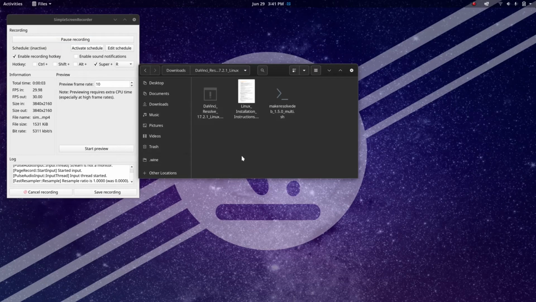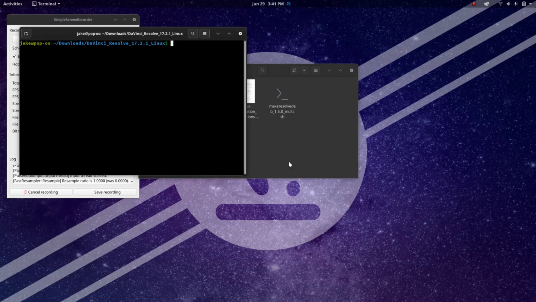Okay, I think I figured out where I messed up. I forgot the ./, I just put in the name of the file. So once again, open the folder, ./make, and then just to make sure I get it right, tab, because that'll automatically autofill. So ./make resolve deb 1.5 multi-sh, just the whole name of the file. So ./ the name of the file, light, and then